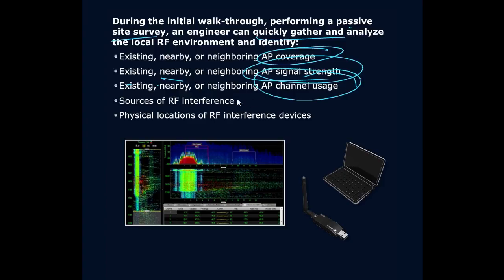We need to identify any sources of RF interference in our environment. Metal filing cabinets that weren't listed. That's a huge one. Maybe they have a sign put up and the sign is covered in metal. They didn't let you know that. I've seen that before too. So then we can locate these physical locations of RF interference, add it to our plan during this walkthrough to come up with a better plan. So already you can see our plan begins to change on things we find in the real world organization or